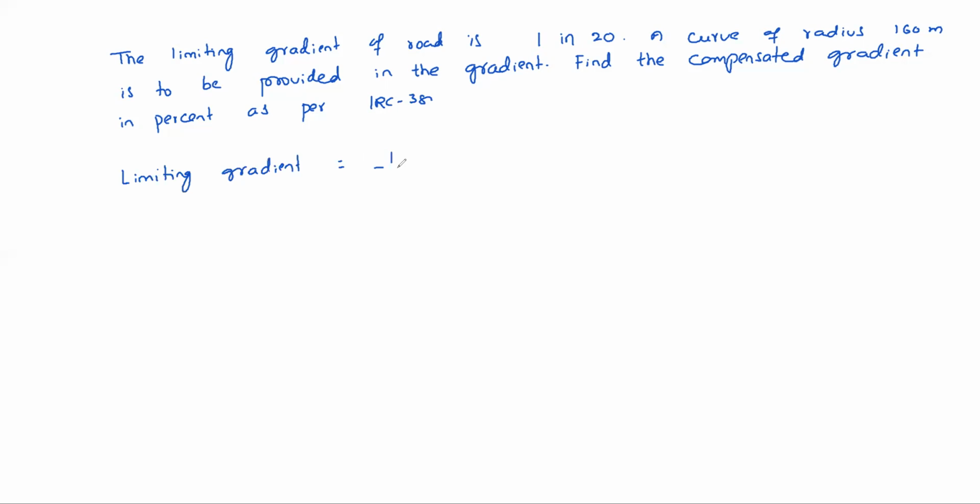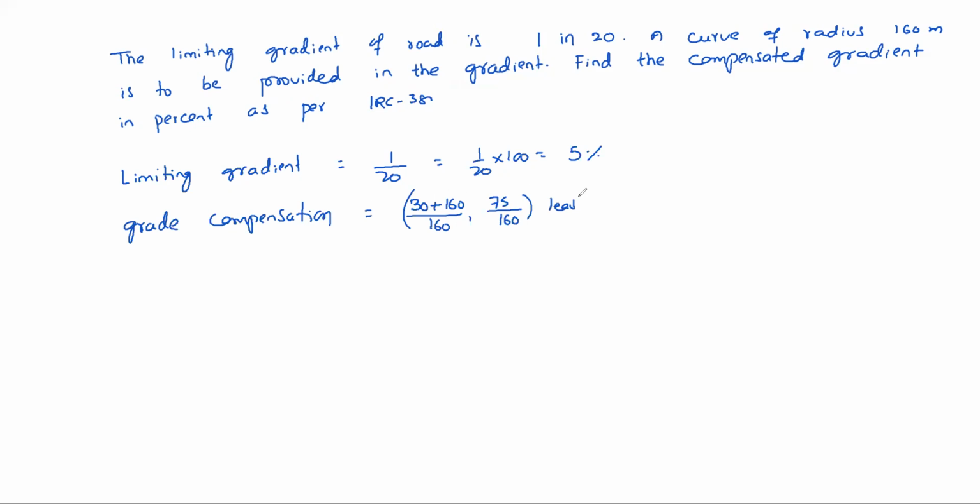So what is the limiting gradient? 1 in 20 means 1 by 20, that equals 1 by 20 into 100, that is 5%. Okay, that is in percentage. Then grade compensation equals (30 plus R) by R, comma 75 by R, whichever is least, that equals 190 by 160,